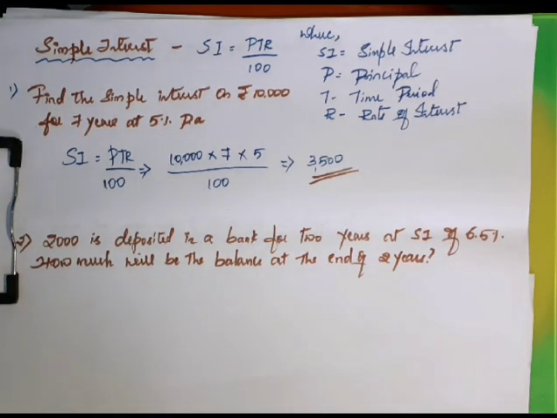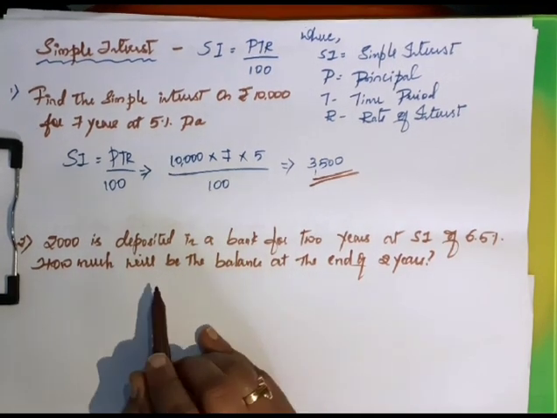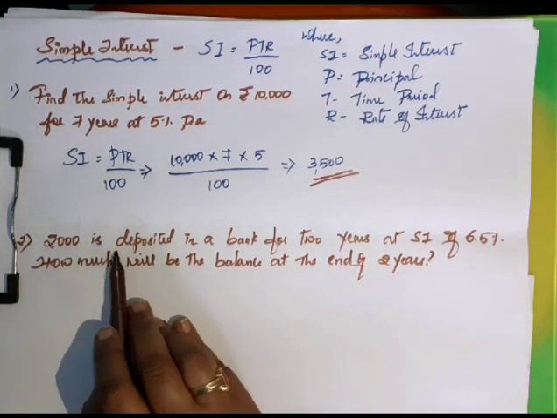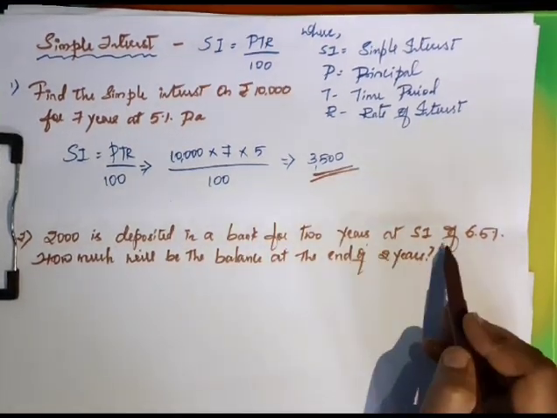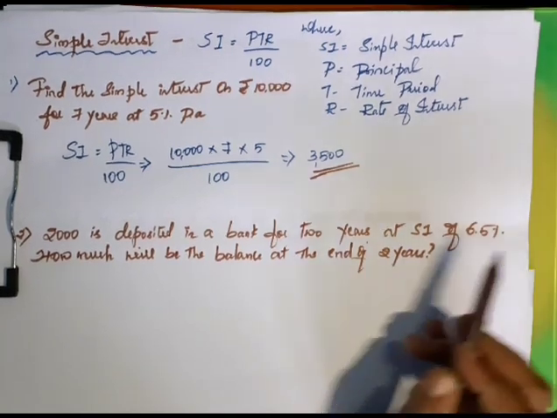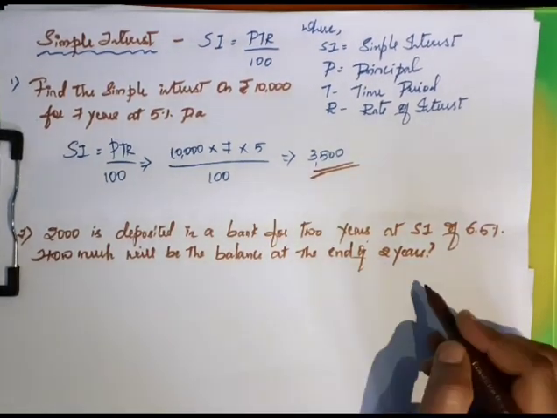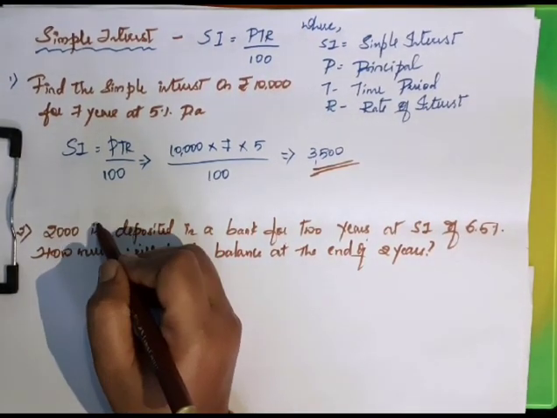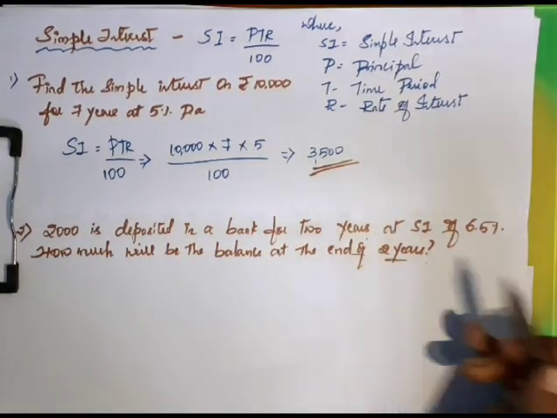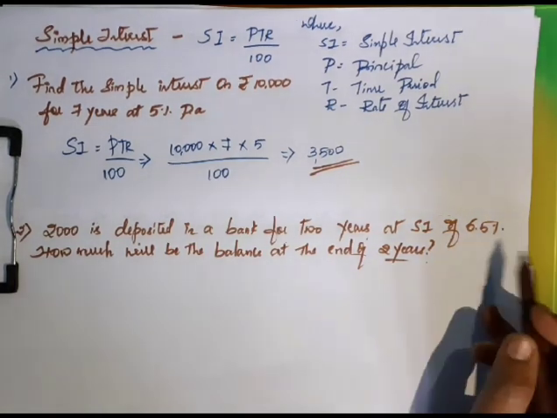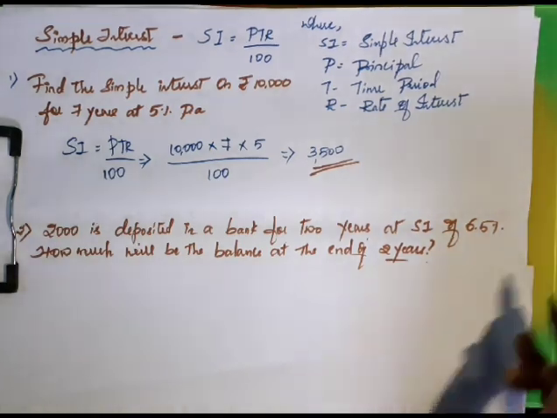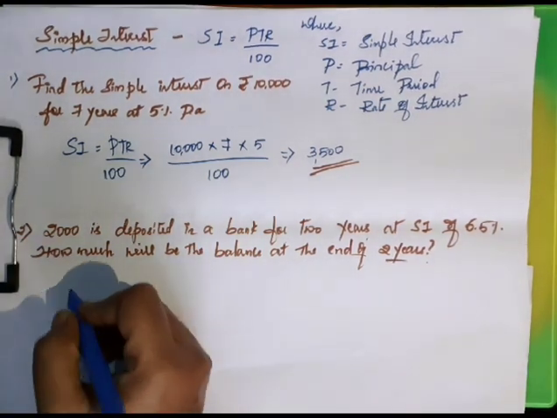Okay, similarly we will take up the next one where you have to calculate the amount also. Here 2,000 is deposited in a bank for 2 years at simple interest of 6.5%. How much will be the balance at the end of 2 years? Here the original investment is 2,000. At the end of 2 years, we have to calculate how much balance is available, including the interest. That is termed as amount. Okay, so first, as usual, we have to calculate the